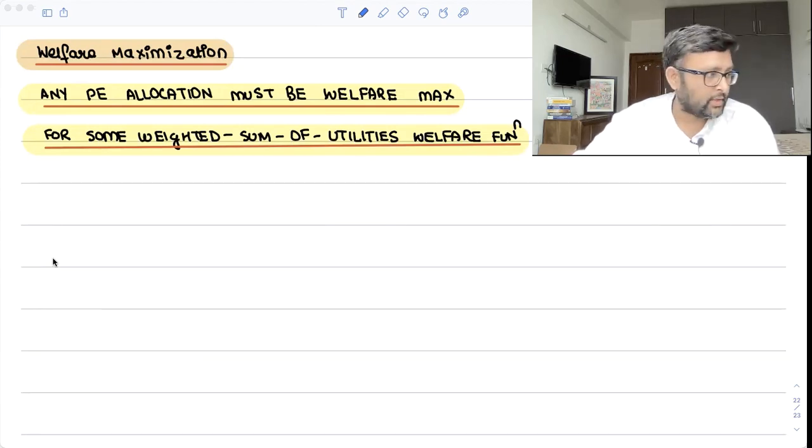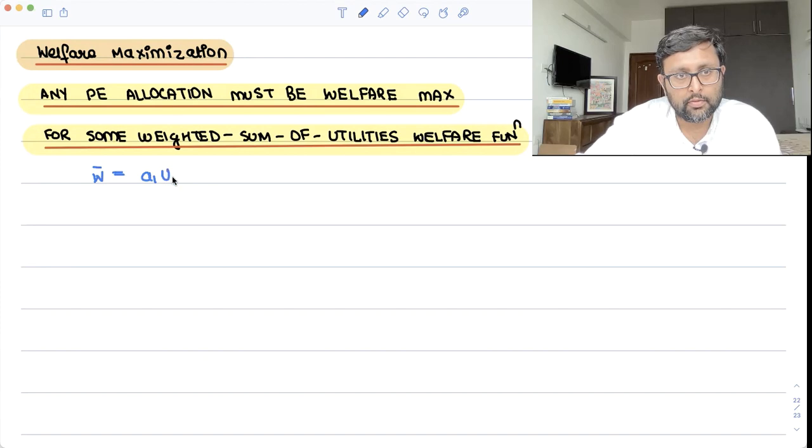So that is a convex set. So if the utility possibility set is a convex set, then any Pareto efficient allocation must be welfare maximizing for some weighted sum of utilities welfare function. So what do you mean by a weighted sum of utilities welfare function? Like this: A1 UA plus A2 UB, something like this, right? So the iso welfare curves, they're linear. So these are your weighted sum of utilities welfare function. And what we are saying is this: